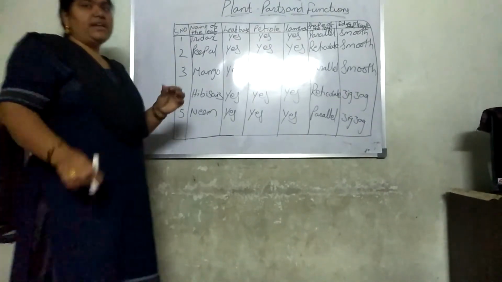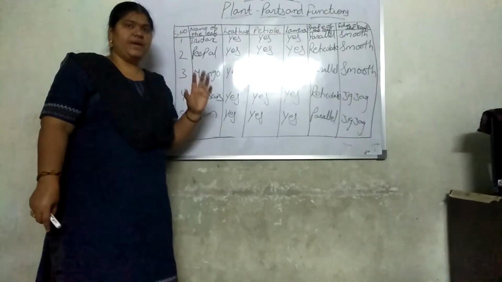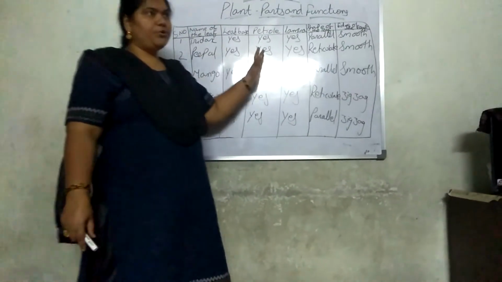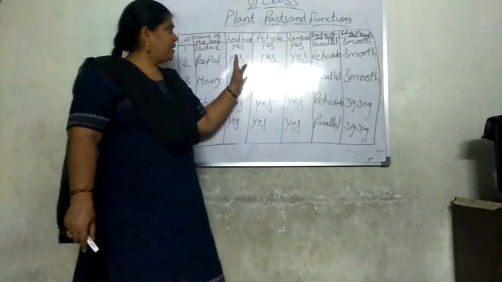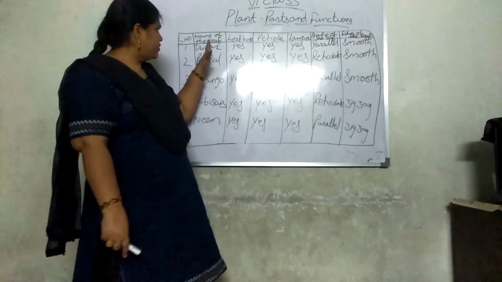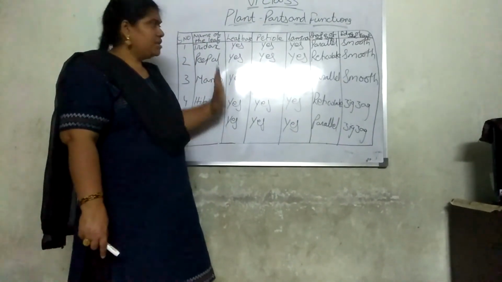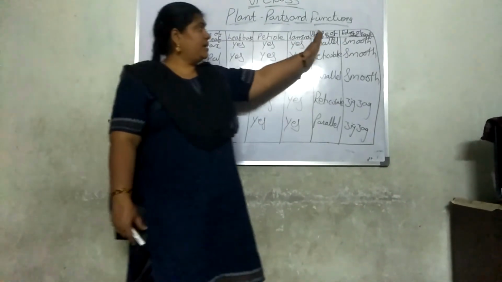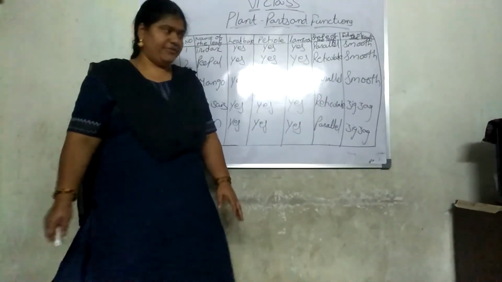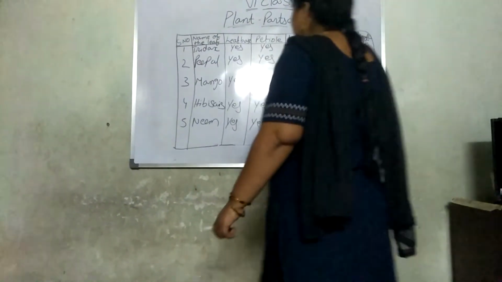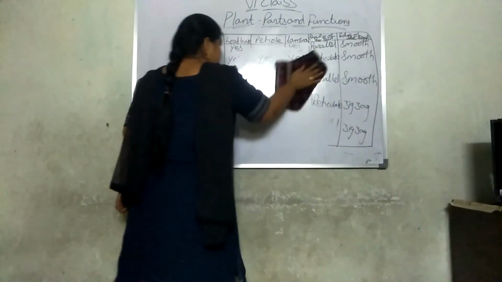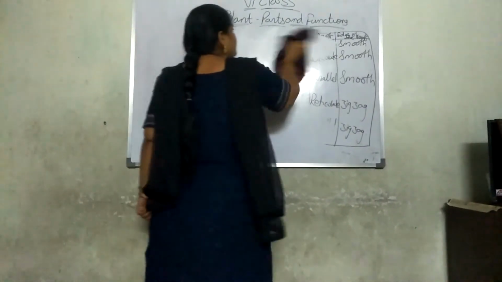So see here what the different parts of the leaf are: leaf base, petioles, lamina, veins, veinlets, midrib. Here he did not mention midribs, veins and veinlets. When these three parts are there, that indicates that it has a midrib and veins and veinlets. So what are the five we took? Tridax, peepal, mango, hibiscus, neem. Are they having these? Yes. The extra two we did are the shape of the leaf and the edge of the leaf. Now next we are going to see about venation.